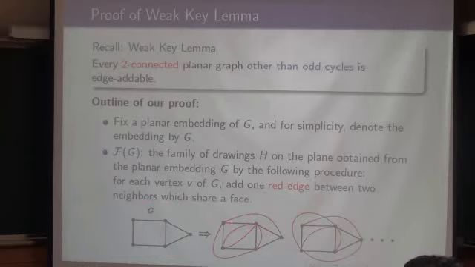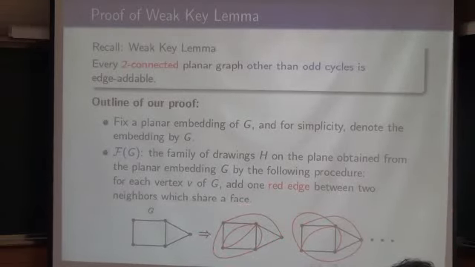for each vertex, we will connect two neighbors which share a face like this, right? So we will have a bunch of this kind of drawings, which is a supergraph of G, right? Actually,